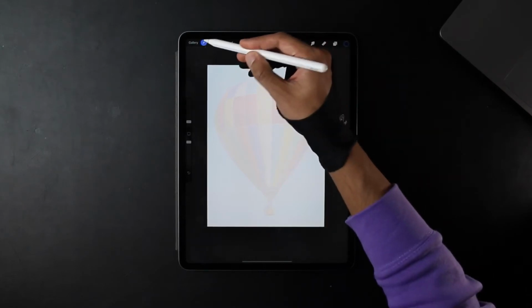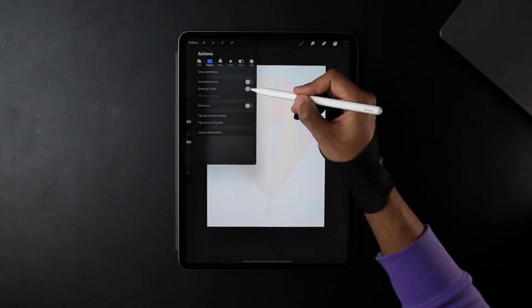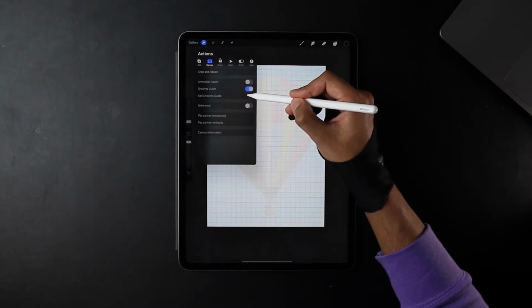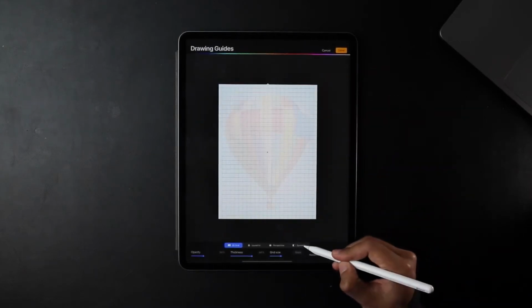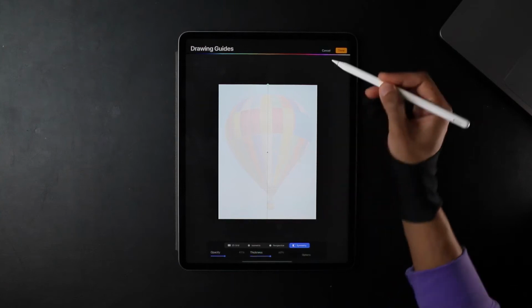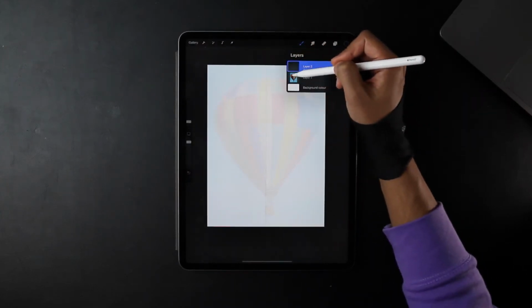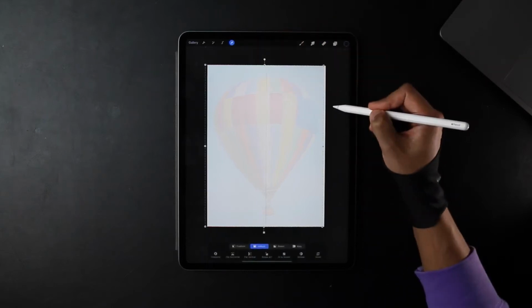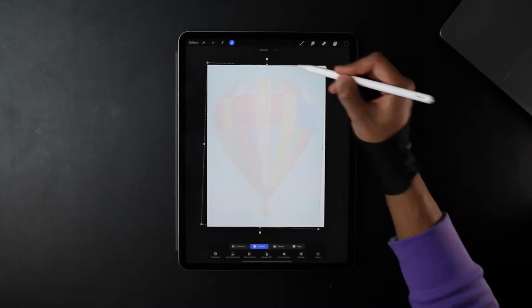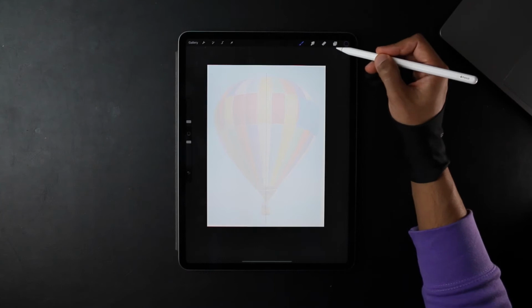choice, and then I'm going to head over here to the settings, canvas, drawing guide, edit drawing guides, click on symmetry, and I'm going to leave that there. Now going back to our image, I'm going to just adjust this, bringing it so it's in the center. And now going back to our symmetry layer,